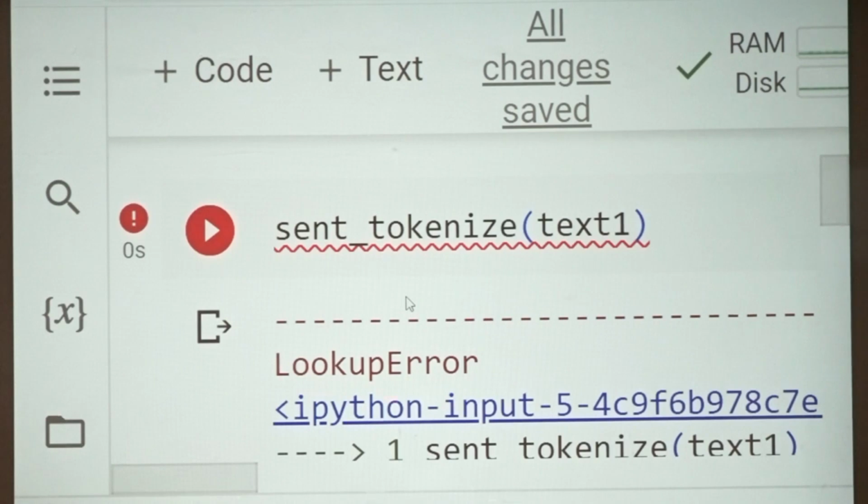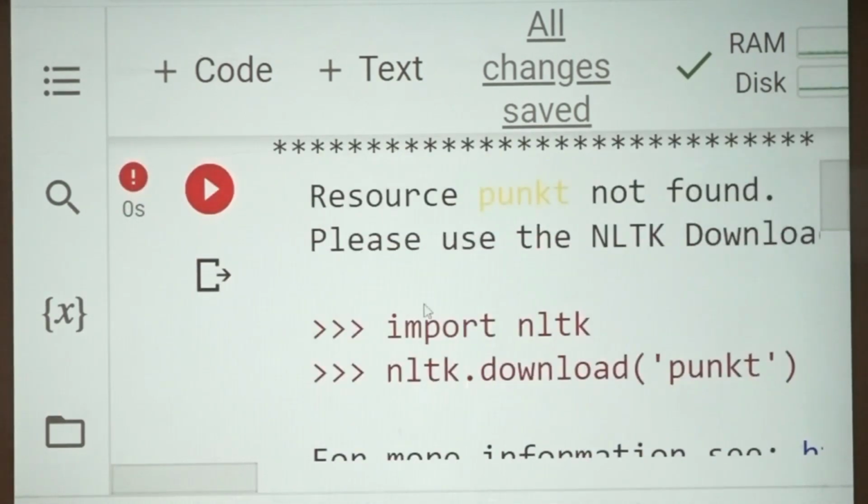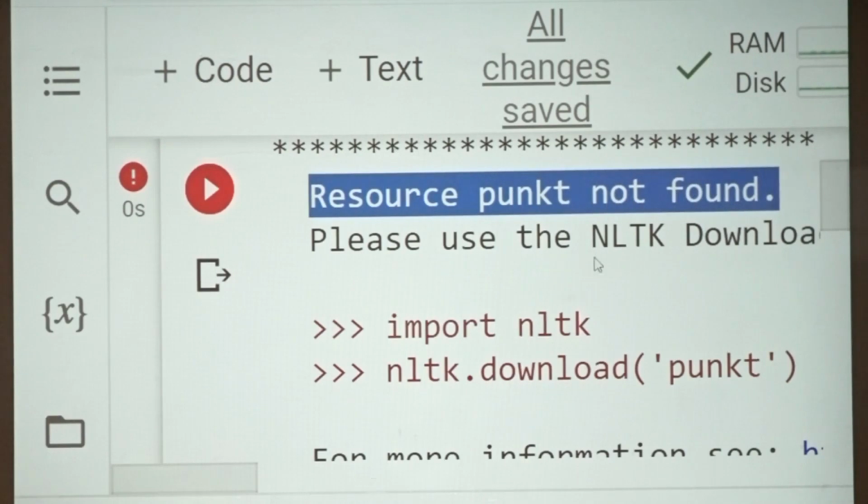I already imported the required library, sent_tokenize, but I got a lookup error. Can you come down, sir? Can you highlight this one? Yes, it suggested: Resource punkt not found. We need the punkt library, which is required to do the tokenization processes,